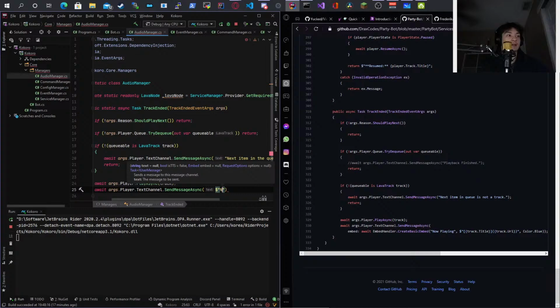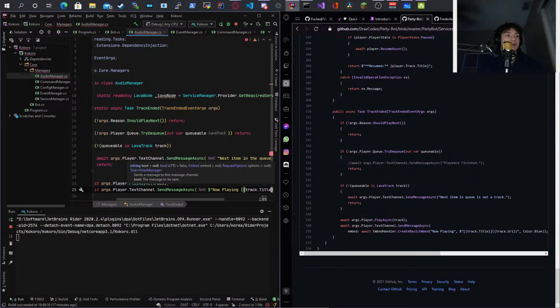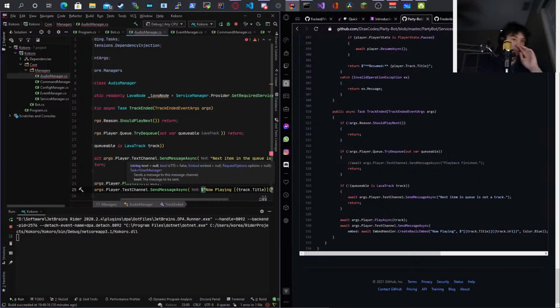So I'm going to say now playing, and it's going to be just going to follow a little bit of his formatting. Track dot title, and that's going to be in the description, looks like, because he's using markdown. Yeah, that looks like it's markdown. So I'm just going to do this.